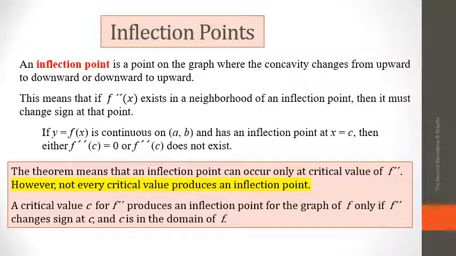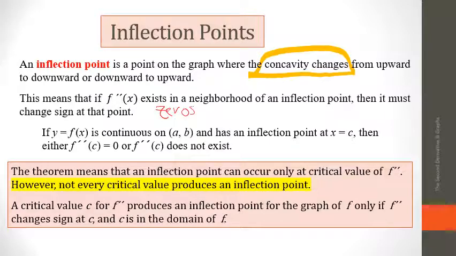This slide goes over the definition of an inflection point, and basically it is a change in concavity. So an inflection point is where the concavity changes. Where does that happen? Well, that happens at critical numbers or a critical value. And that's where the second derivative is either 0 or doesn't exist. Okay, so again, we're looking at critical numbers of the second derivative, and we're looking at